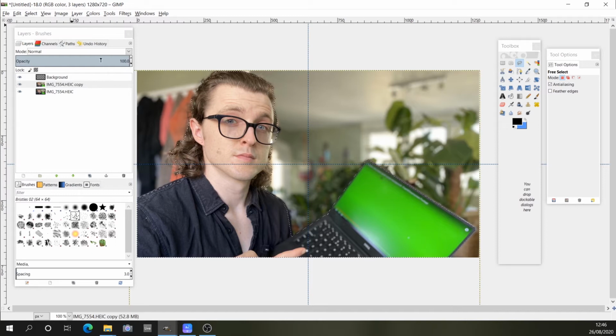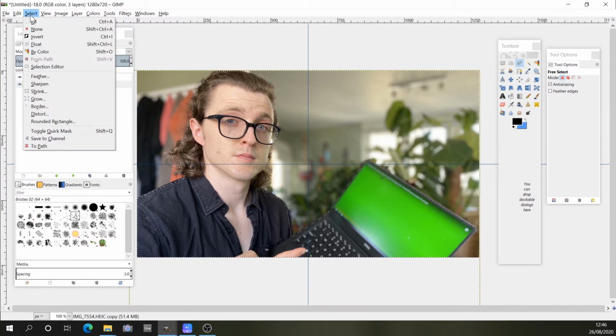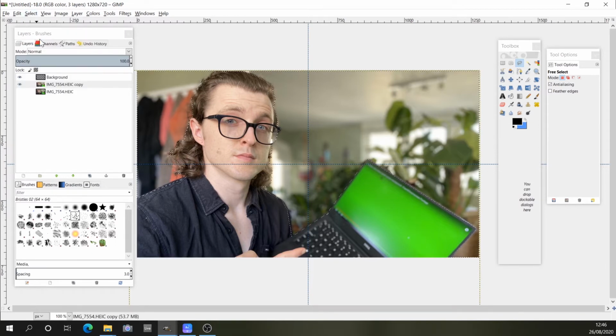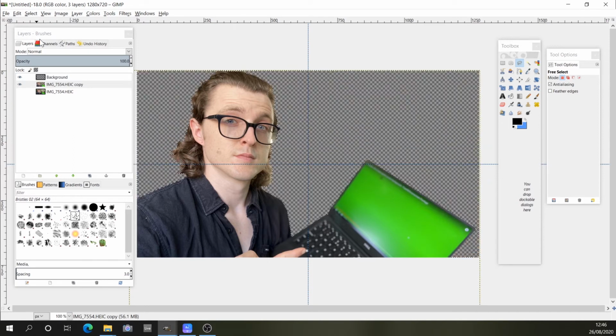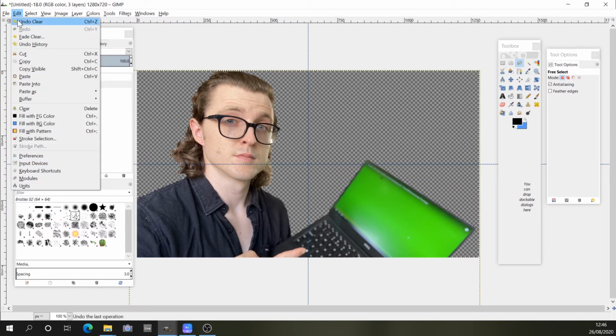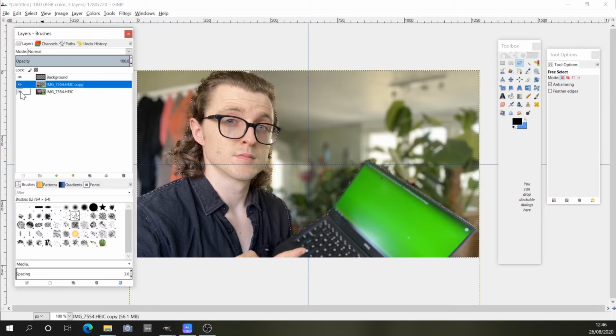Then now you're going to have to go to select. Now you go to select, you go to inverse, and you can press delete to remove the background. You can also press clear in the edit section. There. If you make the background visible again, then you can toggle it between showing the background and not having